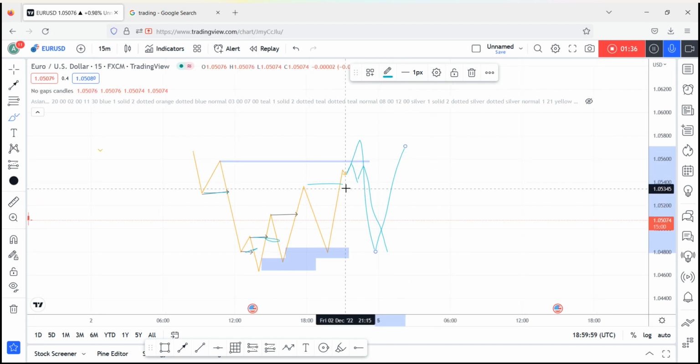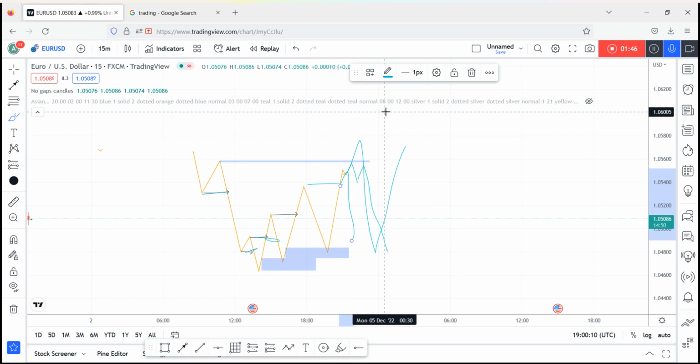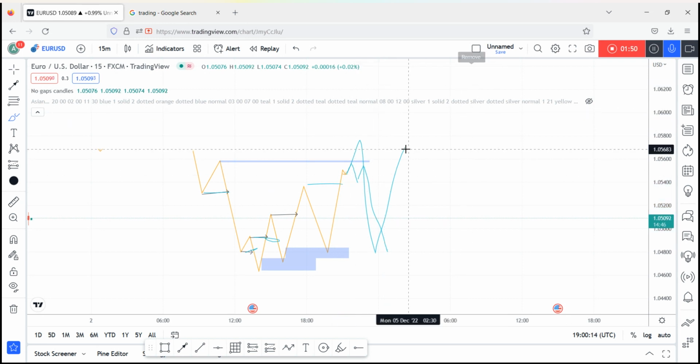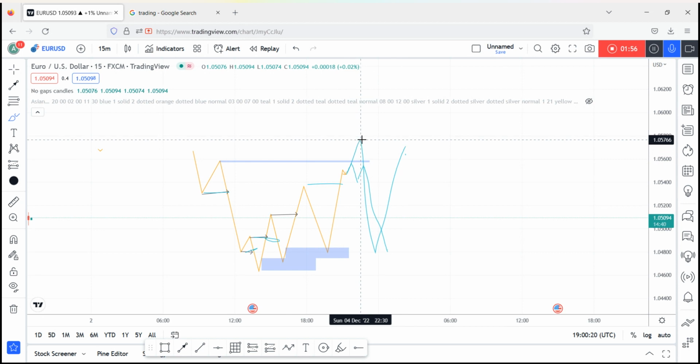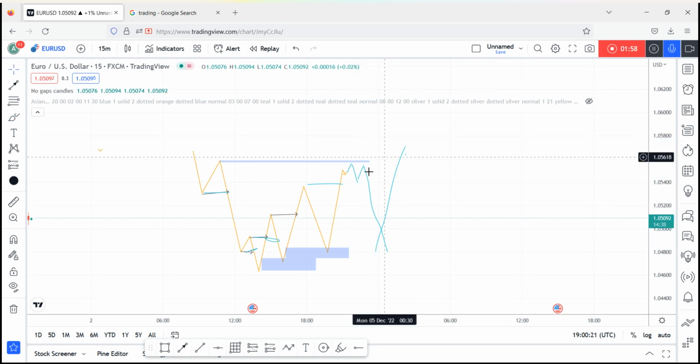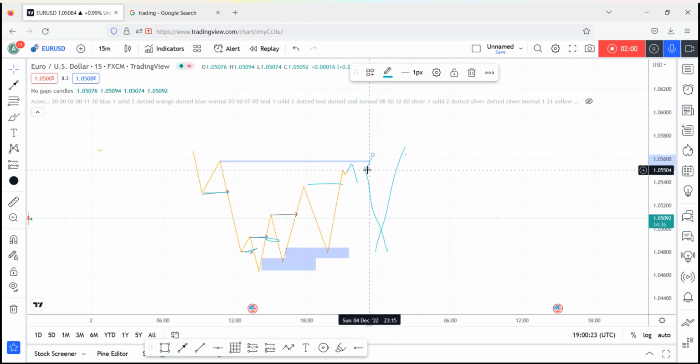And the next possibility is price does not mitigate this supply zone, just goes to the upside, does not mitigate, then comes to the downside, mitigates this demand zone and then goes to the upside, right? And from here I will let you know when you should take the confirm entries and risk entries, right? So wait guys, let me remove this so you will properly understand,